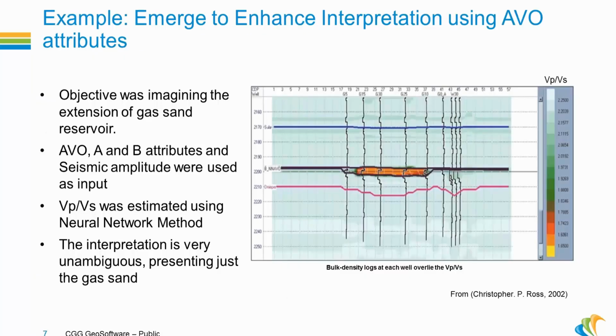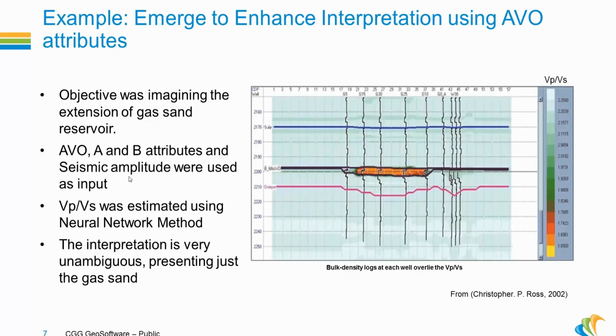Next example is using Emerge and AV attributes from Christopher Ross to image the gas sand reservoir. They had many wells drilled and wanted to compare which method gives the best image. Their studies resulted in that if they use AV attributes A and B and the seismic amplitude